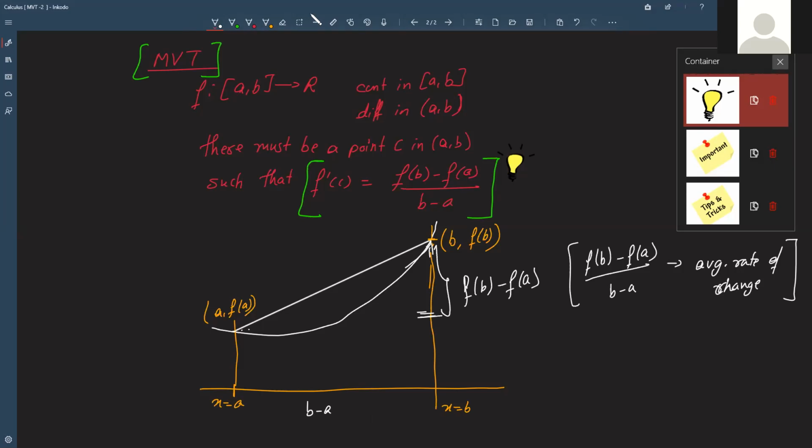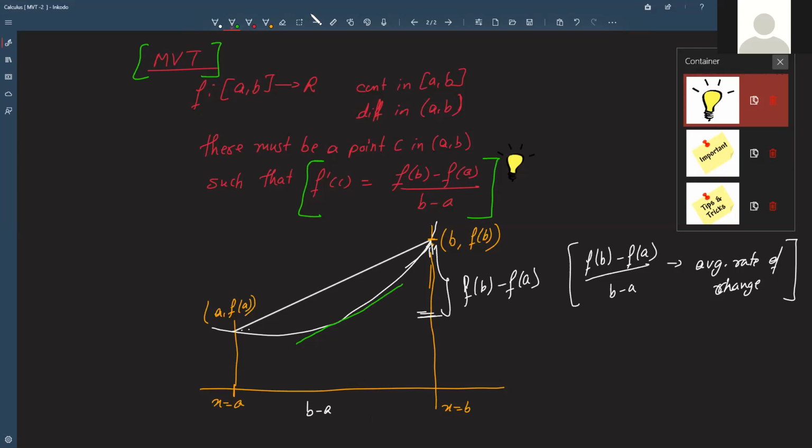Now let's think about this in terms of geometry. You can always draw a tangent parallel to this line, parallel to f b minus f a. It is possible to draw a tangent, and this is that tangent,